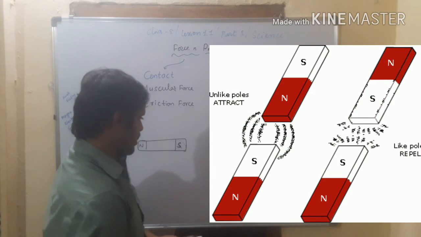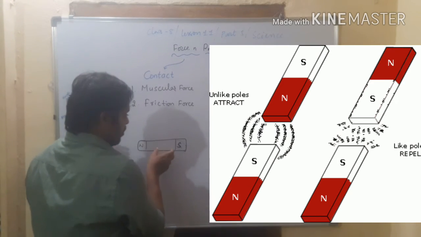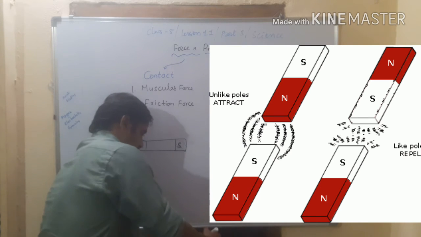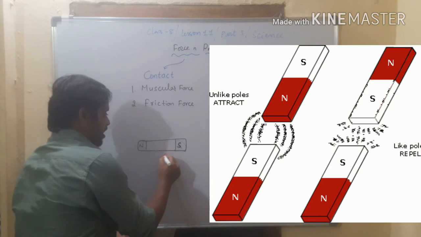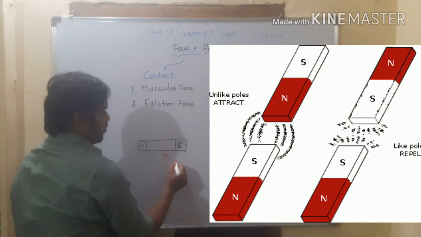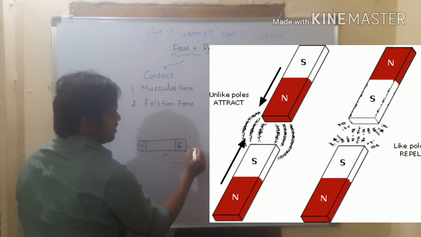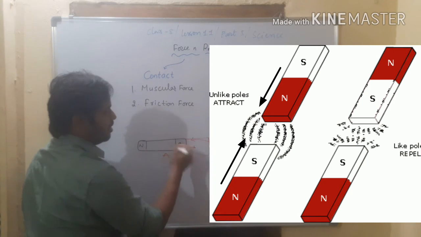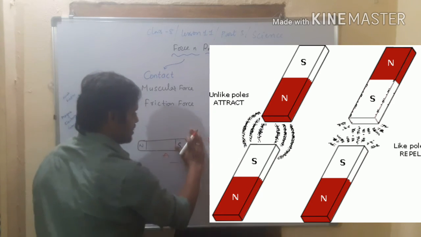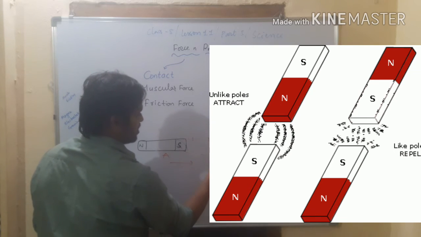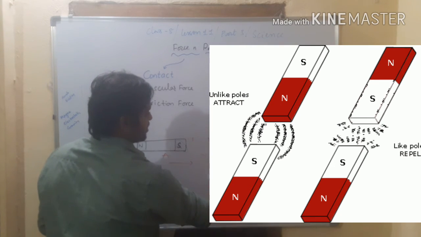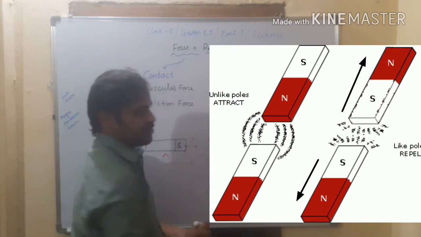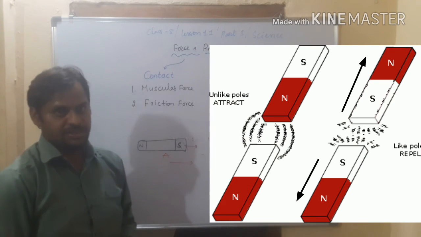Magnetic force. Right? Now if you take this magnet, say this magnet is A and it is B. If I move magnet A towards magnet B, then B will come and attract to A. Whereas if these are same poles, if I try to move like this, it goes away from the magnet. It is called repulsion. Right?